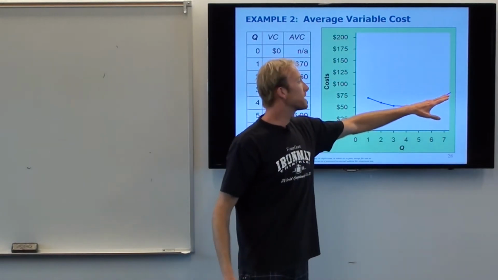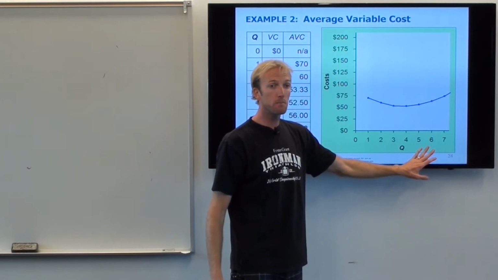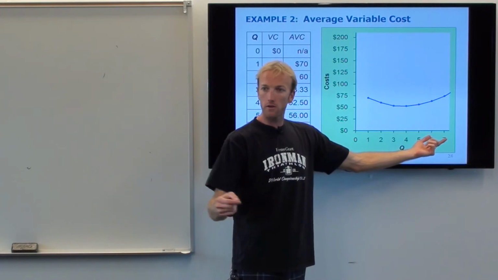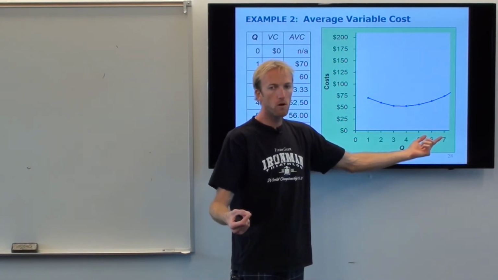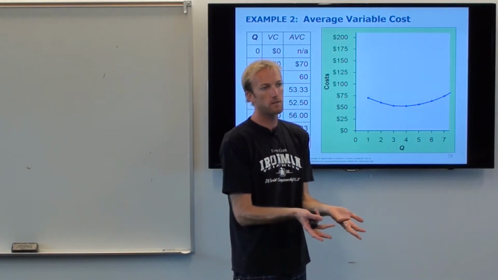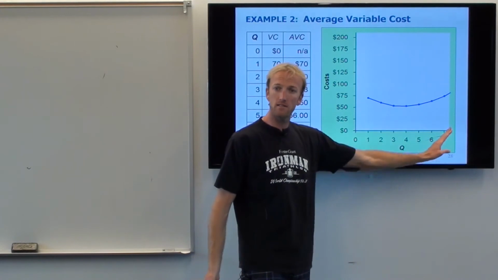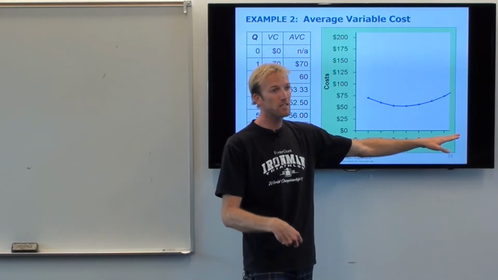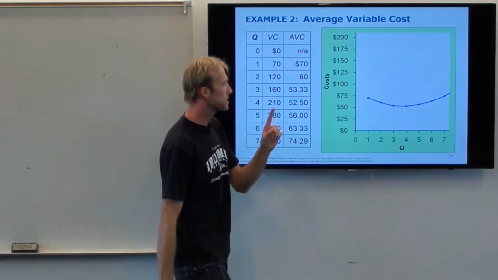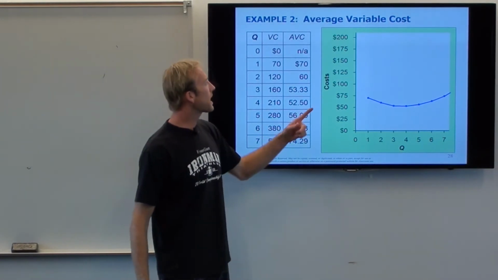Once again, the reason why these costs get big on this side of the graph is because of diminishing marginal product. So as I use more and more workers or something like that, whatever input I'm using more and more of, they become less useful. That's diminishing marginal product, right? The workers become less useful. So in order to make these high quantities over here, I have to have lots of workers, which starts getting really expensive. That's why the cost goes up for these guys. Okay? So that's average variable cost.